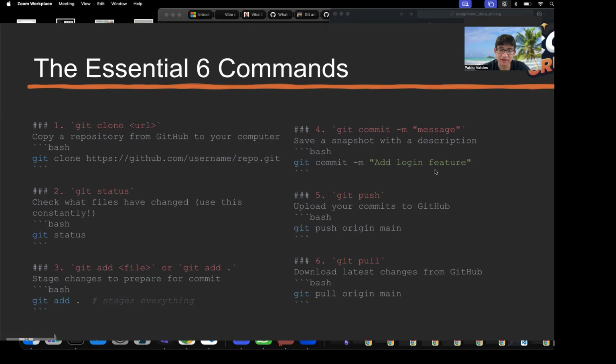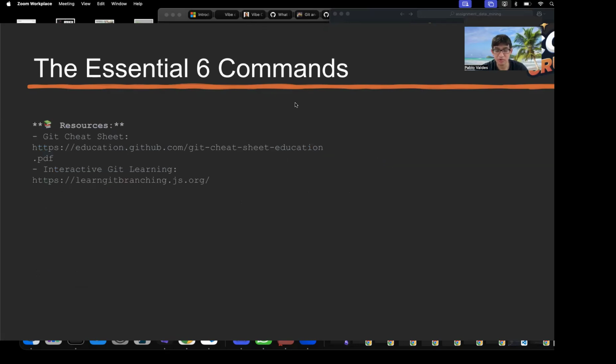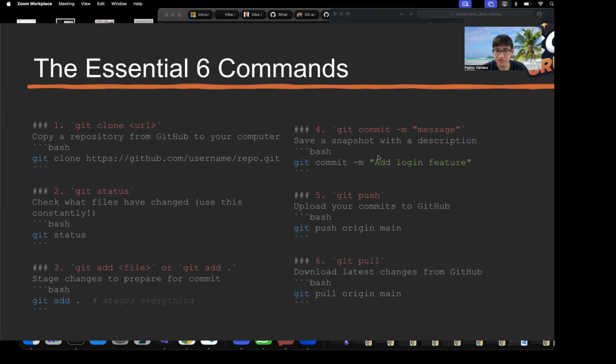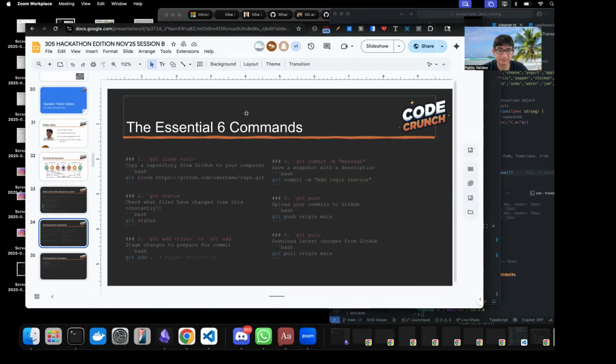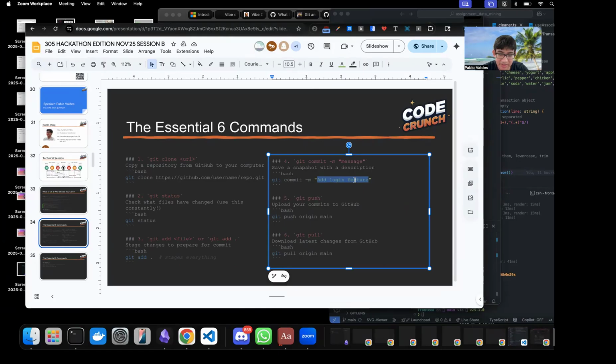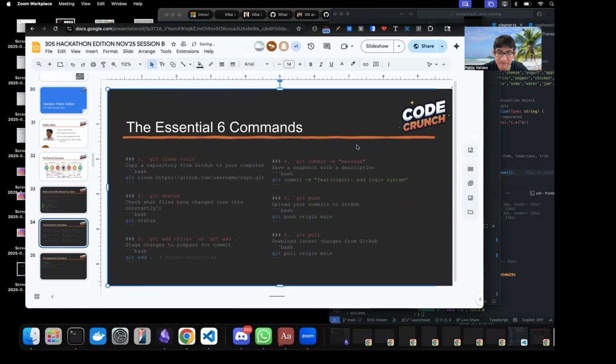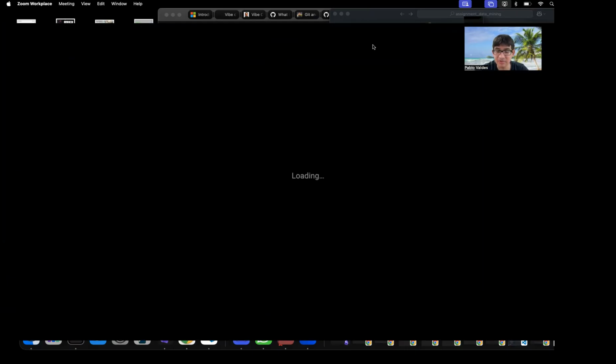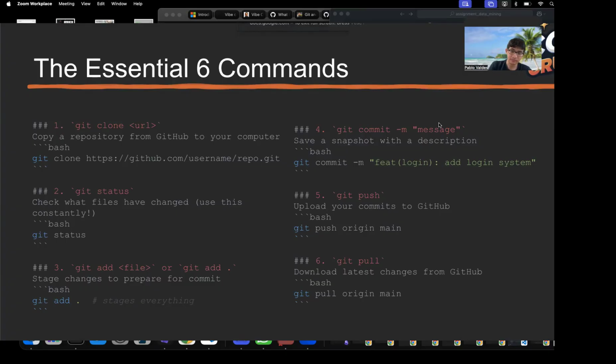Some people have a way of making it more specific. So they might have an explicit way of doing it where they might do something like feat: add login system. So some people might have specific ways of doing commits just to make it more concise.